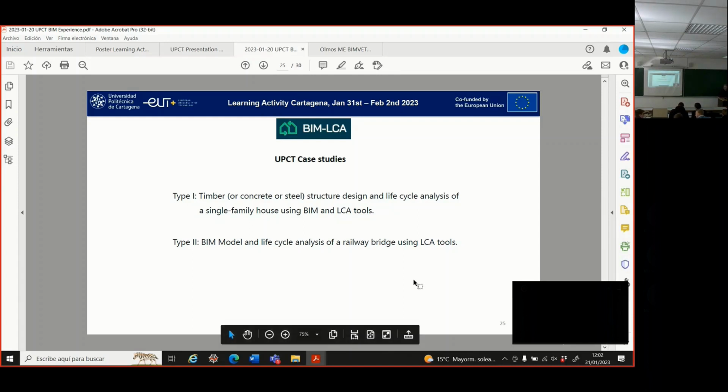So I'm going to show you the UPCT case studies inside this project. There are some students that are going to develop their bachelor thesis or master thesis in these case studies. Okay, the first one is about building the BIM model of a single family house